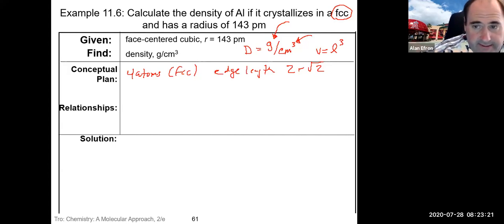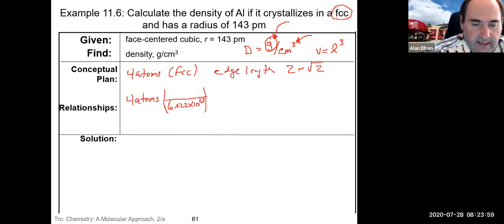So let's start with the grams part of it. And the grams part is going to be a calculation that we have done before, using the 4 atoms to start with. When you see atoms, and we eventually want to get to grams here, we're going to do the calculation to get to grams. When you have atoms, our good friend Avogadro from way back when is what we want to use. So we use Avogadro's number, 6.022 times 10 to the 23 atoms per mole of aluminum,